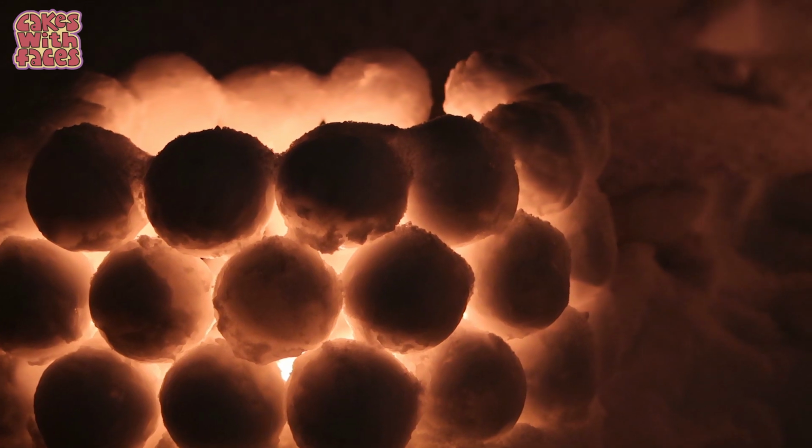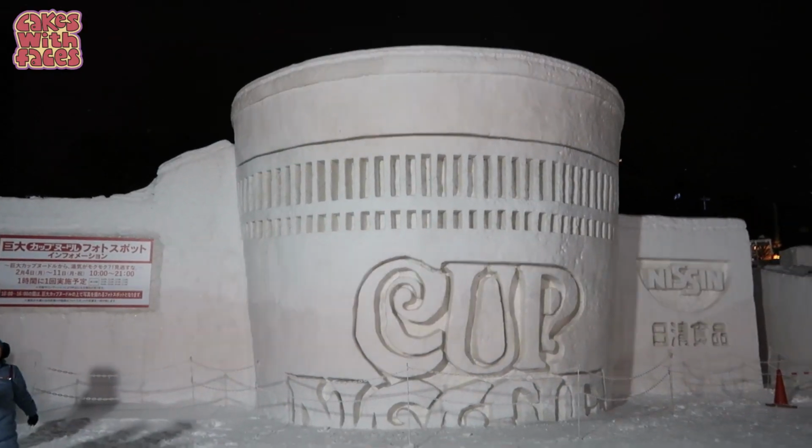We just got back to the hotel. Excuse my hat hair. I enjoyed that festival a lot more than I expected to. It was really beautiful and charming, and it feels like a lot of love has gone into it because it's all made by volunteers and they must renew a good amount of it every day, which is amazing really. It sort of has a kind of homegrown feel to it because a lot of the displays are quite simple but they're really effective and it's really charming, especially compared to the Sapporo Snow Festival, which is really big and